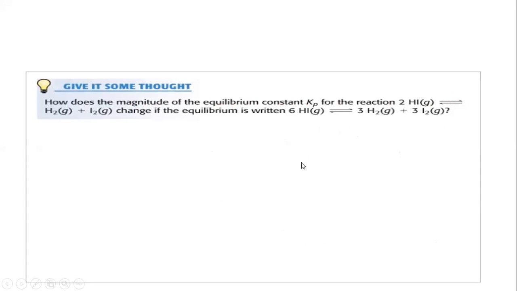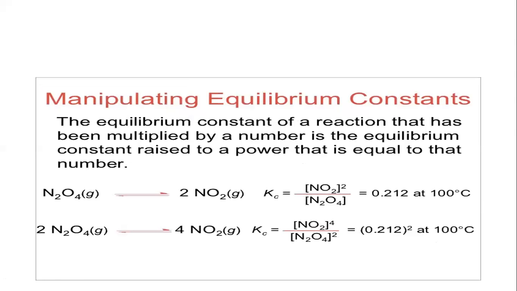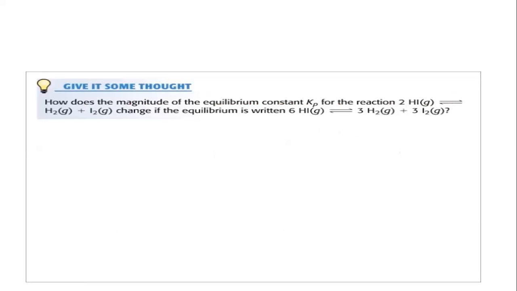So we have a new problem here. How does the magnitude of the equilibrium constant Kp change? It works with the concept we just looked at: manipulating the equilibrium constant works for both Kc and Kp. Here we have Kp because we are dealing with gases: hydrogen gas, iodine gas, and hydrogen iodide is also a gas. So how does the magnitude of the equilibrium constant Kp for the reaction 2 moles of